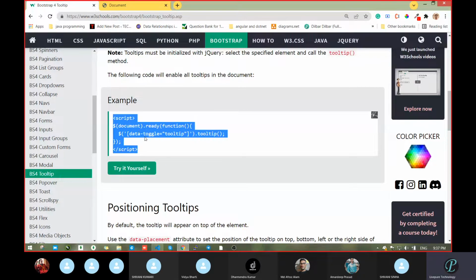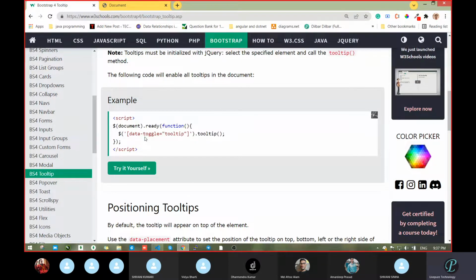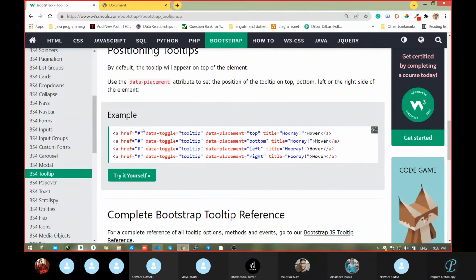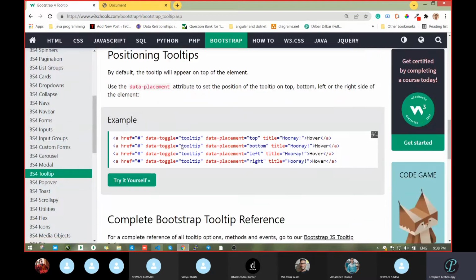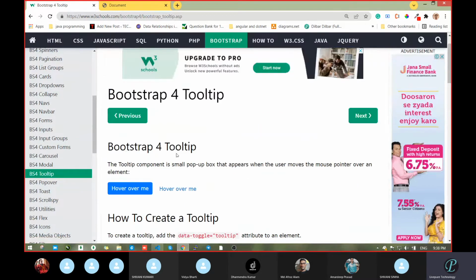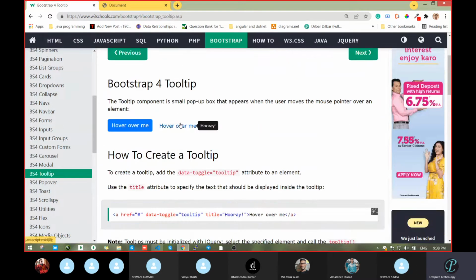And here some code is written. This is JavaScript code. Actually, this is not JavaScript code, this is jQuery code. Whenever you write code like this, it is jQuery. It's not much more, let it be, it becomes a small topic. That's it. So wherever you have to show something designed like this, you can go with this.